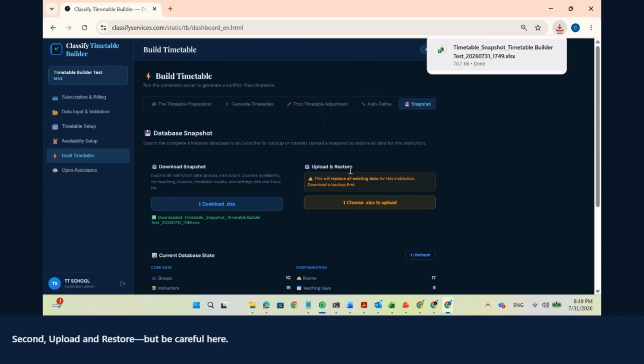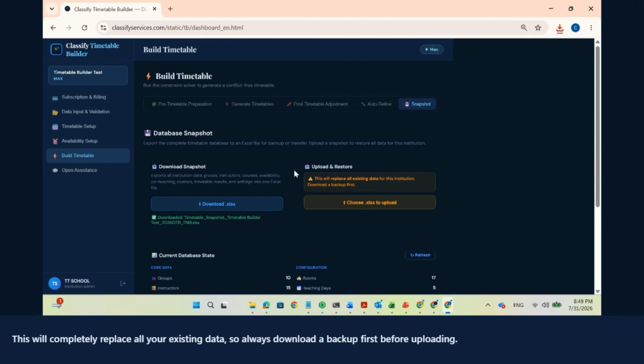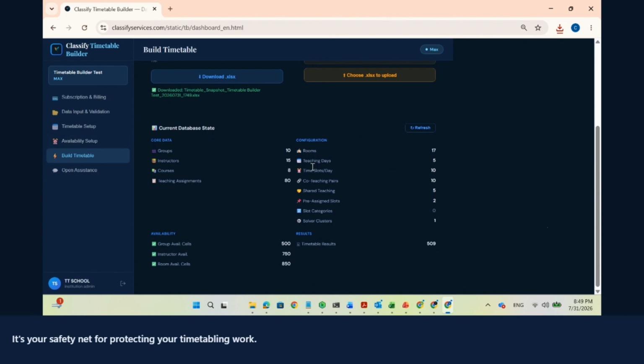Second, upload and restore, but be careful here. This will completely replace all your existing data, so always download a backup first before uploading. The snapshot captures your complete current database state, all core data, configuration settings, and results. It's your safety net for